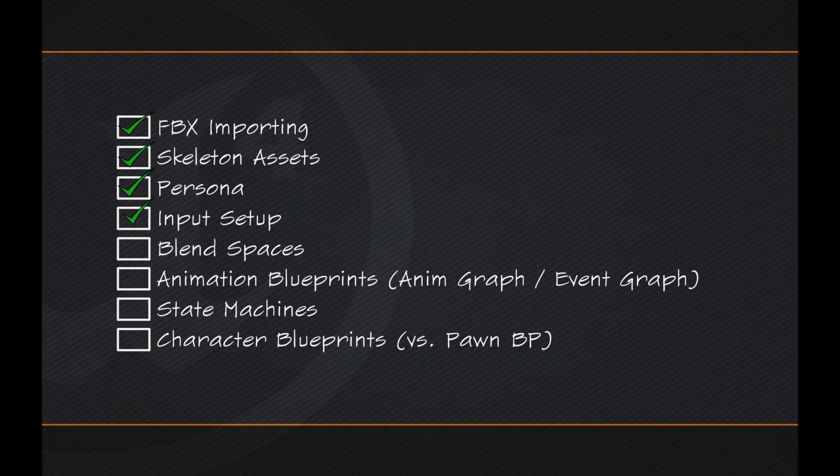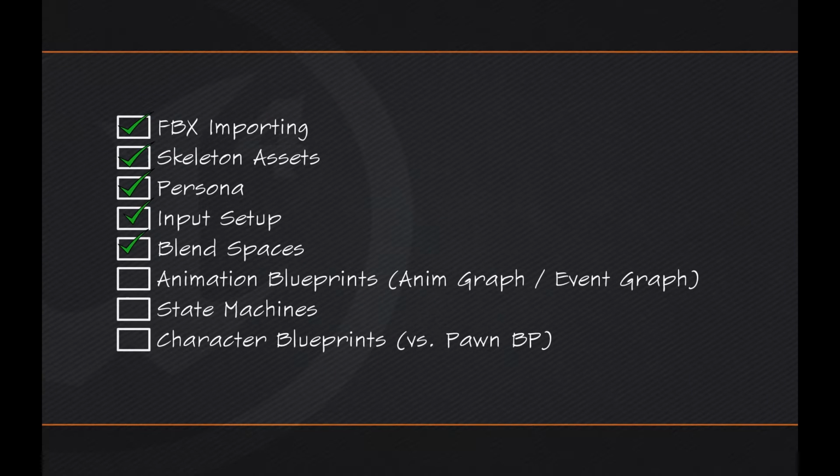And then we'll talk about how to properly set up inputs on a character. So how to go into your project settings and add the inputs that you need so that you can use them later. This will include setups for gamepads and touch controls, as well as the standard PC controls or mouse and keyboard style controls. We're then going to look at blend spaces and show a way that you can blend between multiple animations based on really a variety of factors. But we're going to do it based on the speed of the character. So you can go from like an idle state into a walk, into a run,